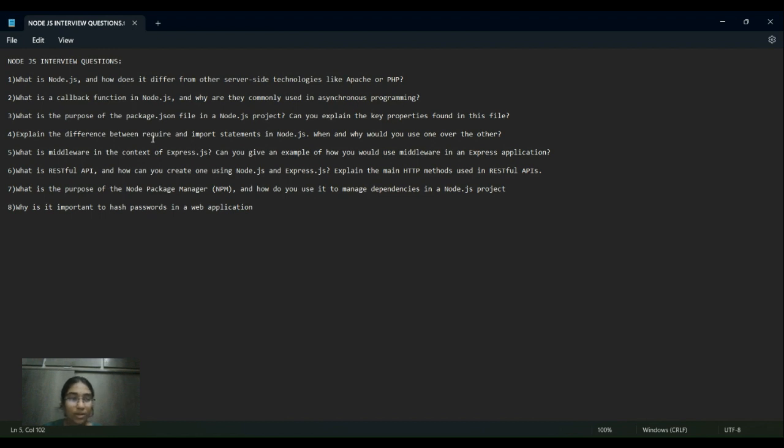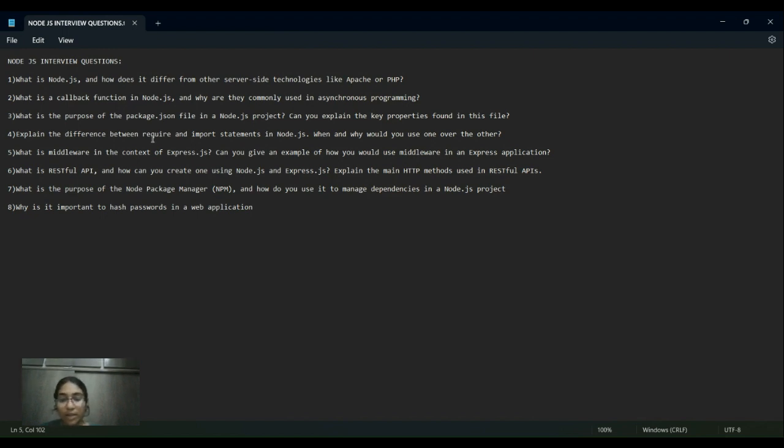Coming to the next question: what is middleware in the context of Express.js, and can you give an example of middleware in an Express application? Yes, middleware refers to a crucial component of the framework that allows you to perform various tasks during the request-response cycle.